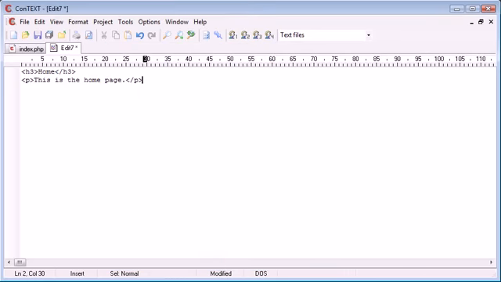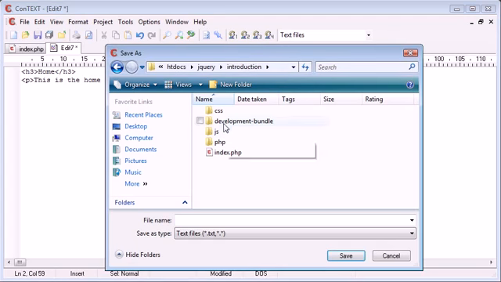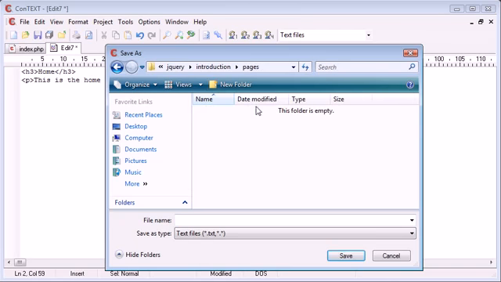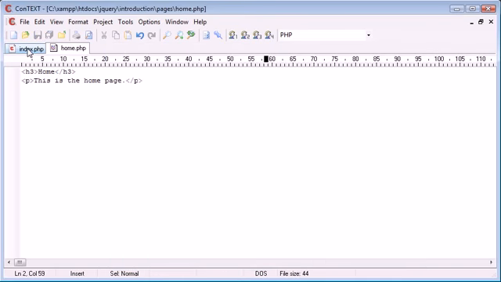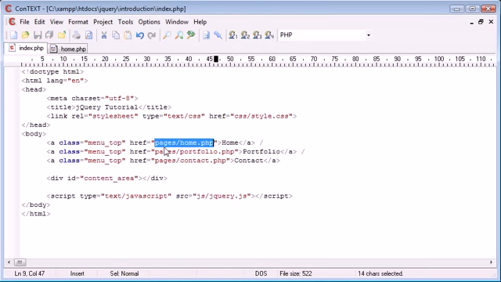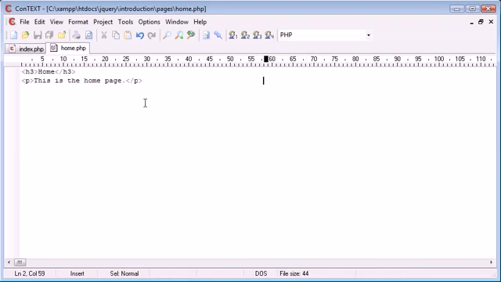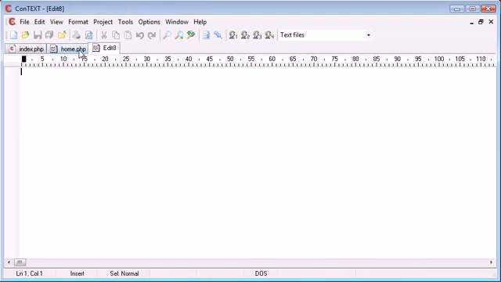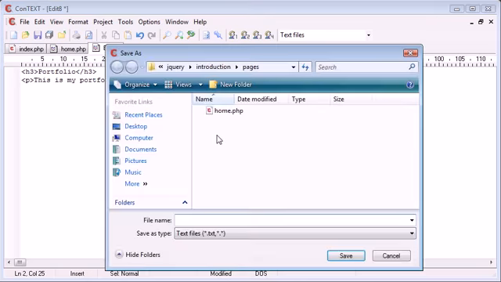Let's just save that inside of here. So I'm going to save that in a folder called pages, and this is home.php. So now we're creating each page that we've linked to here and we'll go ahead and take a look at this in just a moment. So let's go ahead and create some header 3 tags. This will be portfolio, and then the paragraph will be "This is my portfolio." We'll save that as